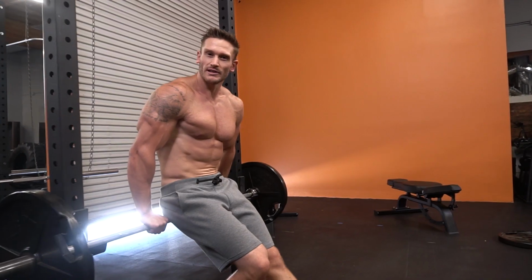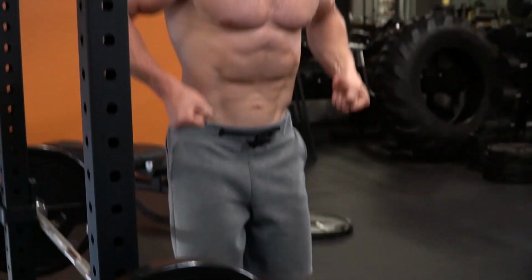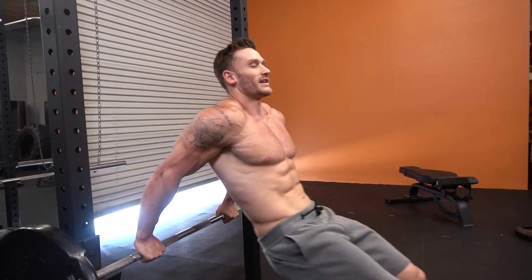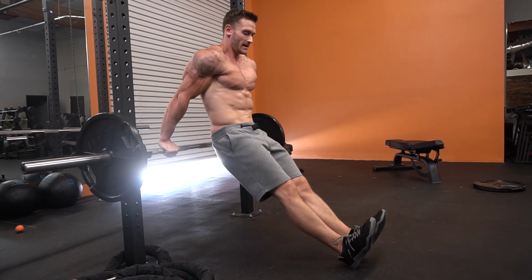Normally people don't do these wide reverse grips like this. They would normally be doing a traditional dip where they're holding a bar at their sides. But I like doing it like this because it works in some shoulder mobility. Just make sure you don't let yourself come too far out. When you do this, I want the butt to be sliding right past the bar. And you come down